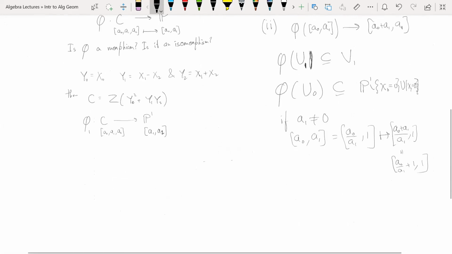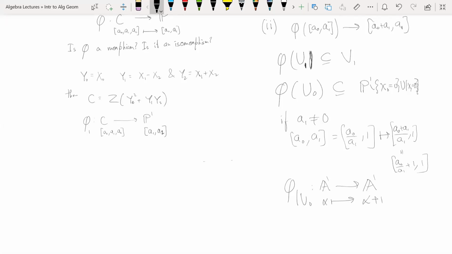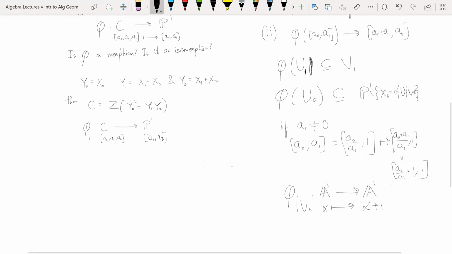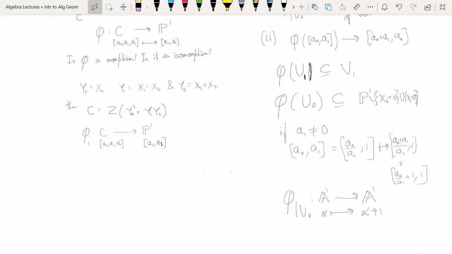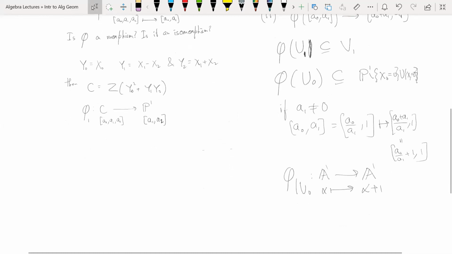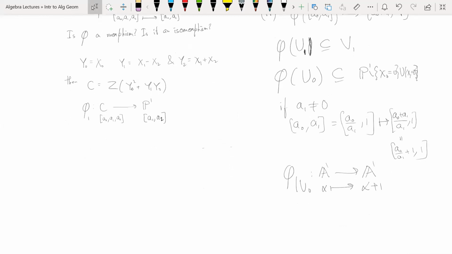So in this case, phi restricted to u0 from A1 to A1 is sending some a0 over a1 to a0 over a1 plus 1. So alpha goes to alpha plus 1. Of course, this is given by a polynomial, so it is a linear map. And even if you do it the other way, if you look at the other chart,